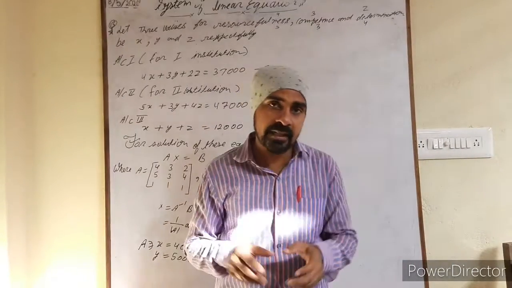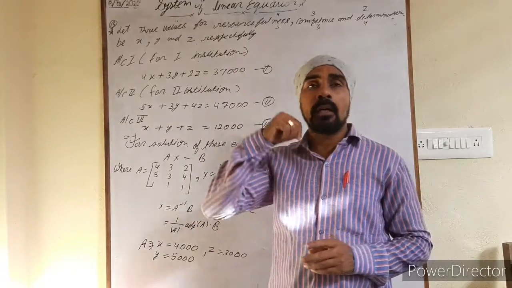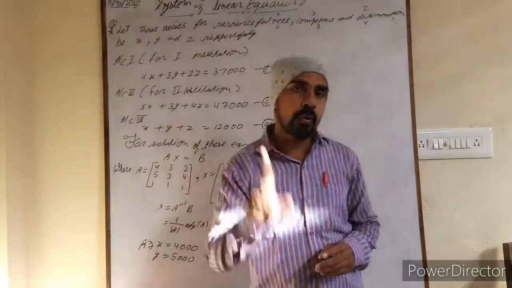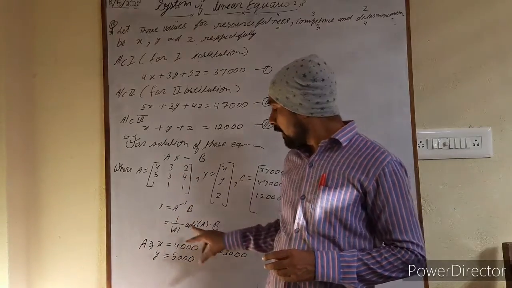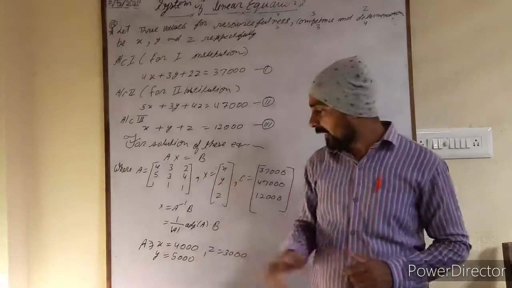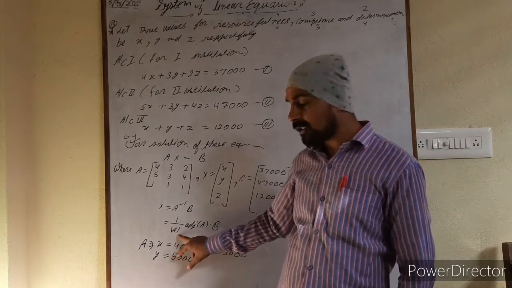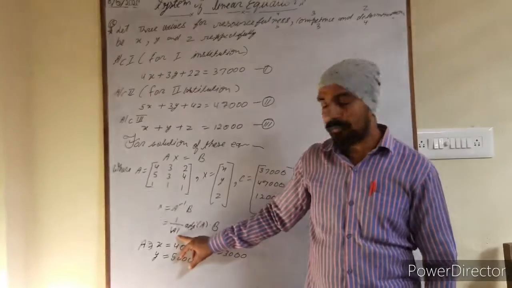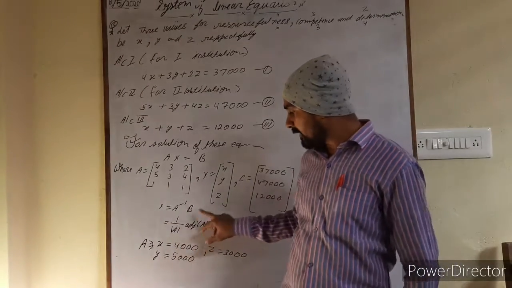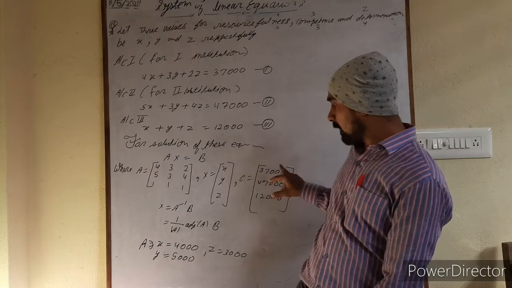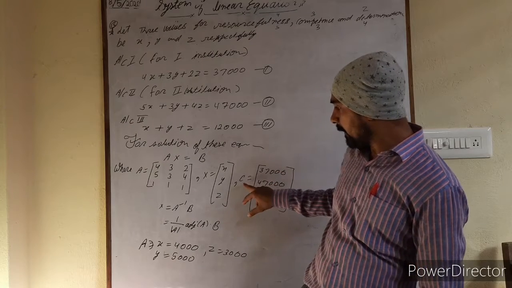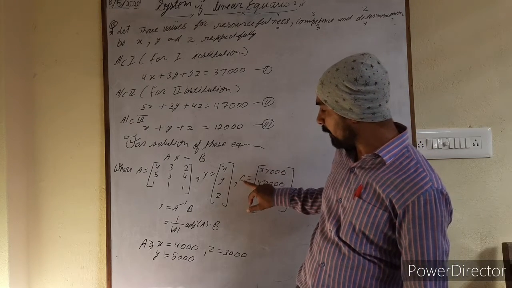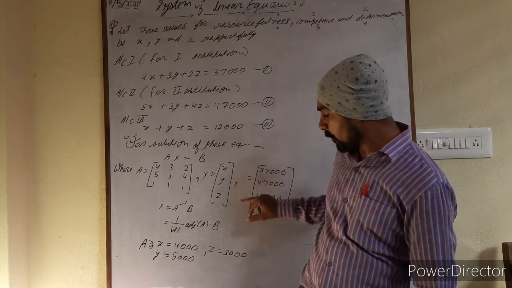Then you will write down the transpose of that matrix, and it will be the adjoint of A. And after putting the value of adjoint of A as well as the det of A, you will be able to find this whole result, which will be multiplied by B. Sorry बेटा, यहाँ पे c नहीं मेंशन होगा, that will be B. तो इस चीज पे ध्यान रखना, this is your B.